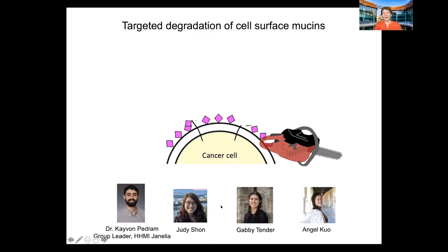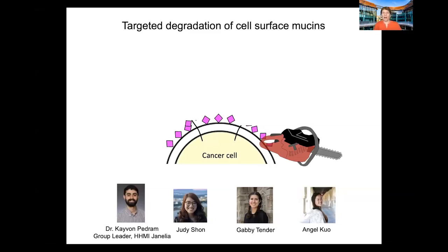A brilliant chemist who works closely with another Caltech graduate named Gabby Tender, who worked in Dennis Dougherty's lab, and a relatively new grad student, Angel Kuo, who was a Wellesley undergrad who worked for research in a lab at MIT. And in fact, it was Christopher Love's lab, who's one of Bob Langer's colleagues.